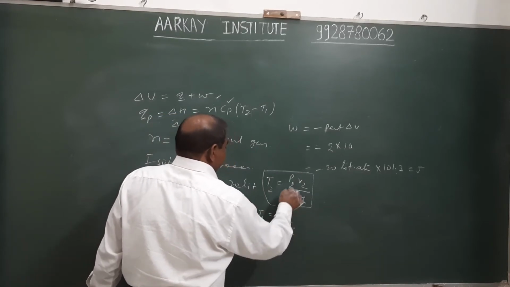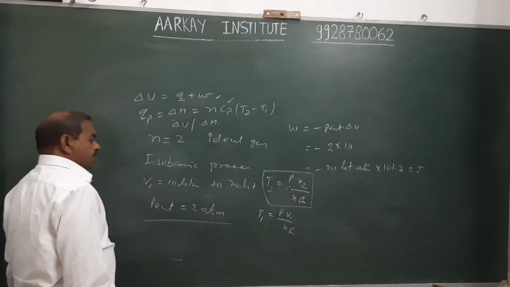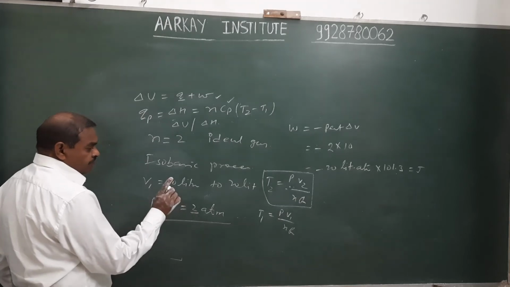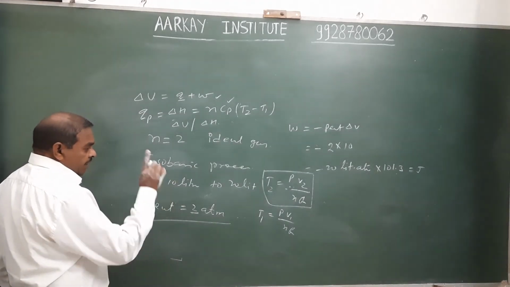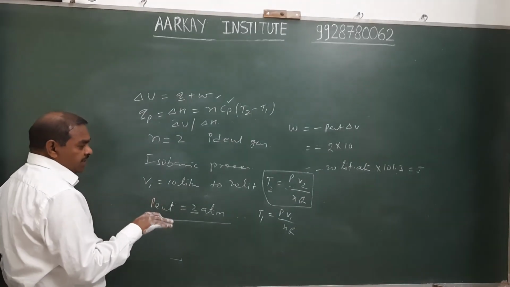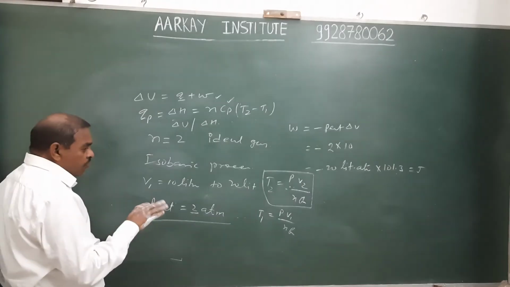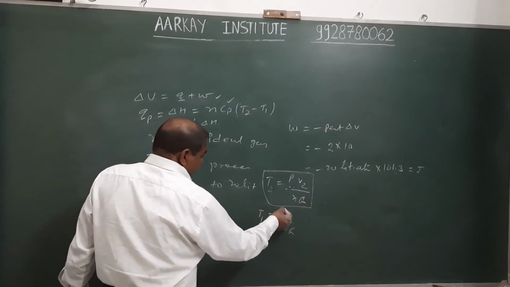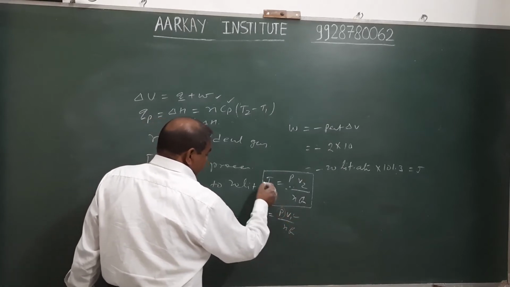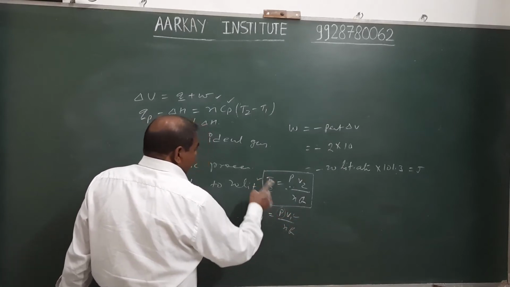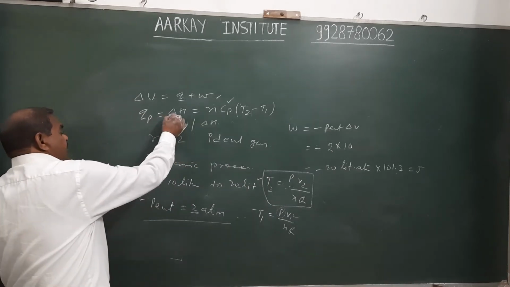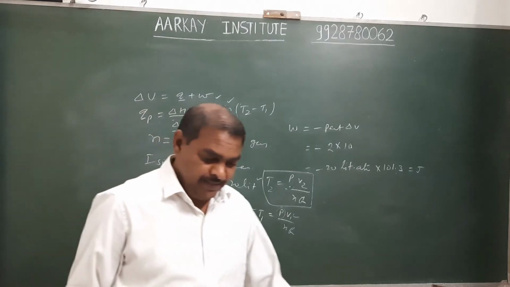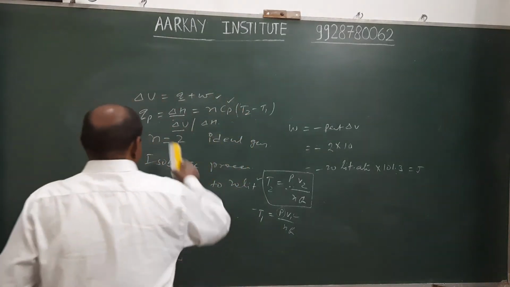In this process pressure remains constant. What is the pressure of the gas? It is 2 atm. In the case of an isobaric process, initial pressure and final pressure are equal, and they have equal value with P external. Pressure is given, initial volume is given, and n and R are known. Therefore, we find T1 and T2 and then calculate the exchange of heat energy and the change in internal energy. Okay? And this is the isobaric process.